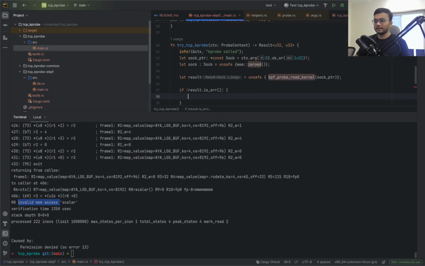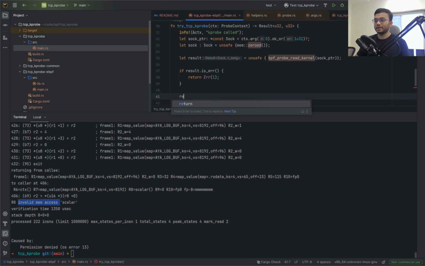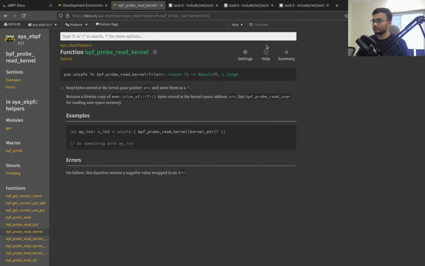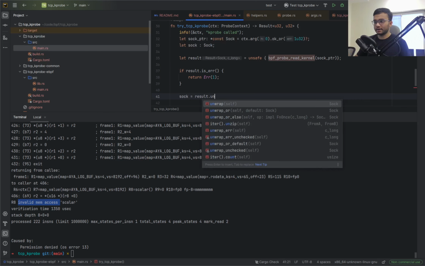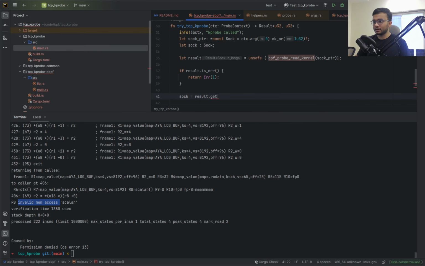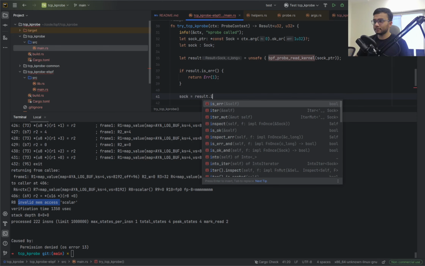If it's an error, we're just going to return from here, and if it's not, then we can process this into our socket. So let's remove the initialization from here, and in here we are going to call it sock equals result.unwrap, not unwrap, but I think